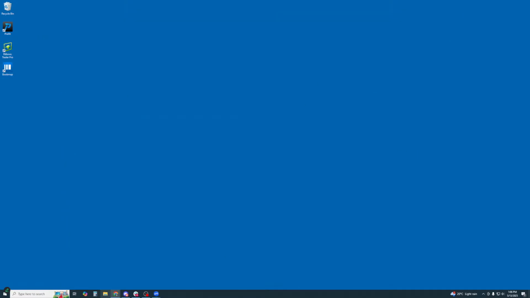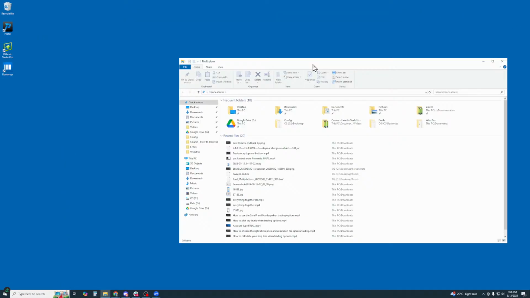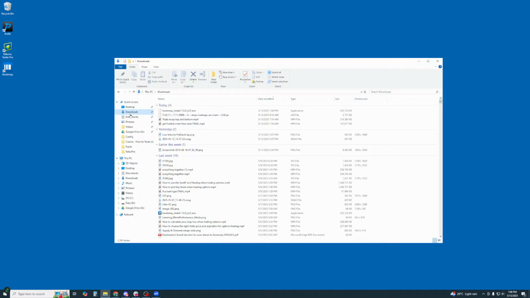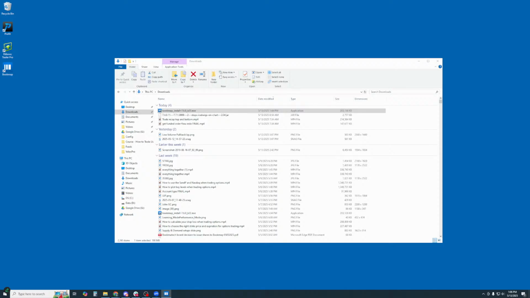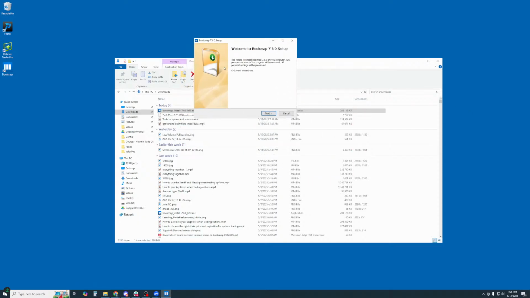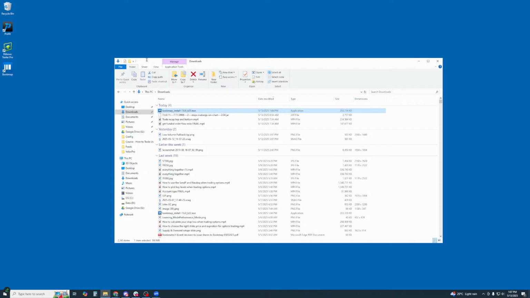Let's bring up the downloads here. Here's my Bookmap version of the EXE that I just downloaded. Double click on it, and we're not going to go through the whole process in here. It's a wizard that we've all gone through so many times in the past. So just go through the process and you'll get up and running using Bookmap. I'll cancel out of it. I've already